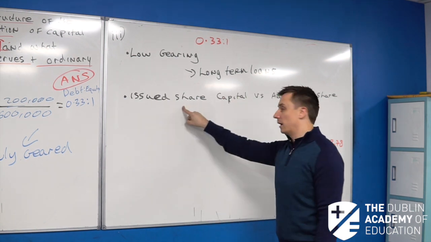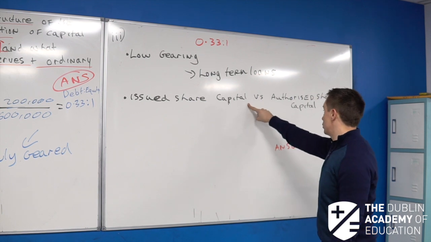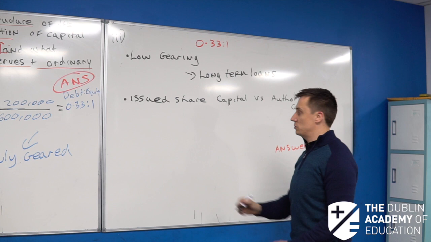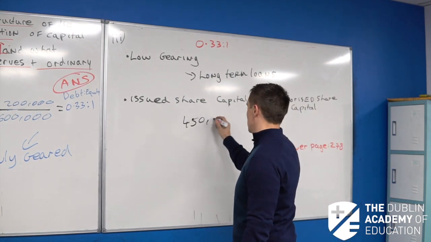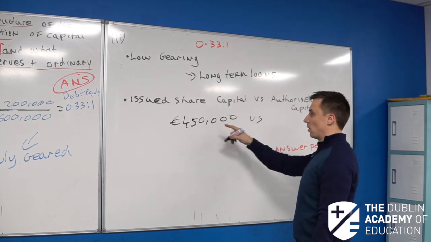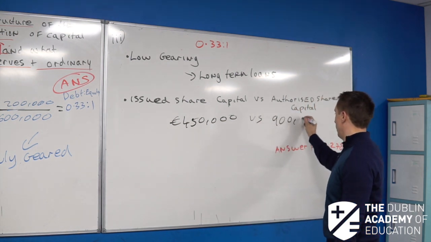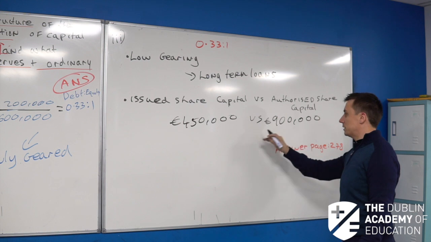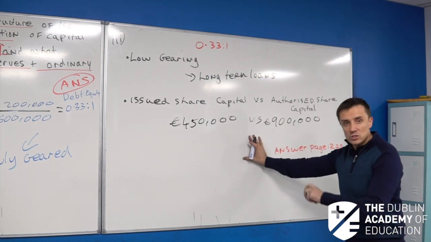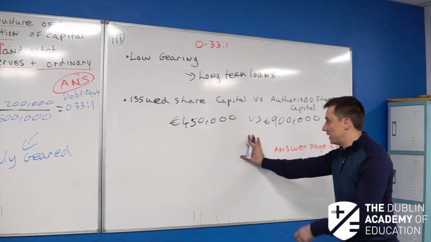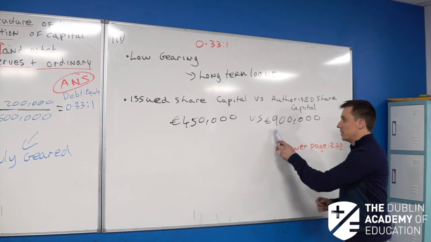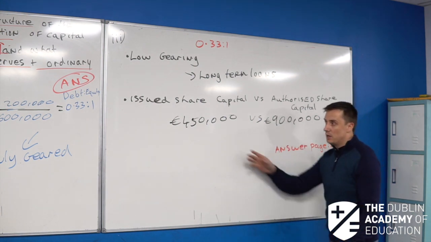The second thing then, guys, is let's look at their issued share capital compared to their authorised share capital, right? So we know here that their issued share capital is 450,000. That, guys, is the amount of shares they've actually sold. And we compare that to their authorised share capital, which you can see in the question, is 900,000. Now, what's that telling us there? Is that saying that they've only sold half of their shares? Okay, so they can further sell another 450,000 euro worth of shares. Look at their authorised share capital, they're allowed to sell 900,000 euro worth of shares. They've only sold